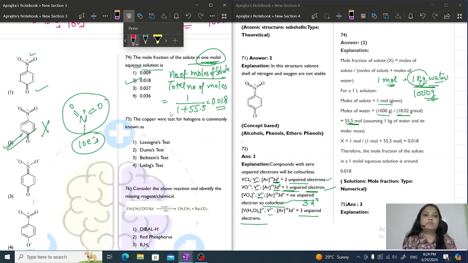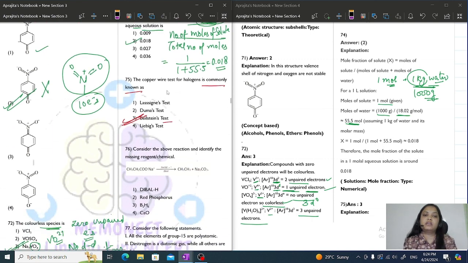Next up, question number 75. The copper wire test for halogens is commonly known as? So you know the copper wire test is known as Beilstein's test, which is done for the halogen. Here copper wire is first cleaned and then it is put into the flame, and then along with the compound, whatever compound we are having, we will put it on the copper wire and we will see it in the flame. If we are getting greenish flame,